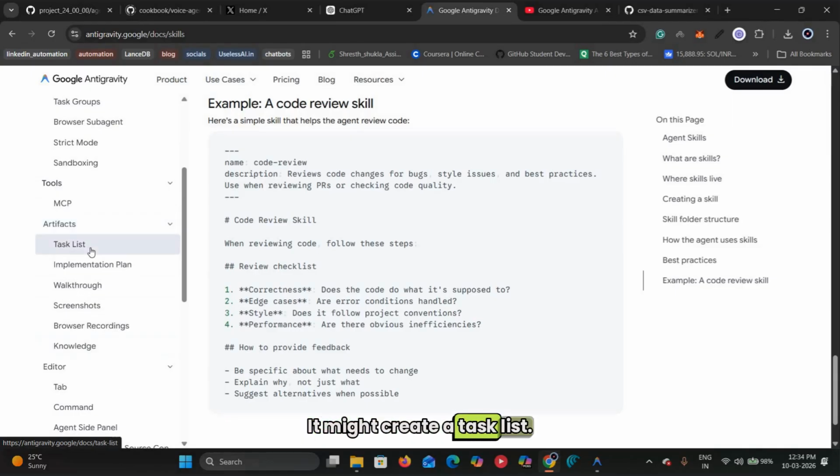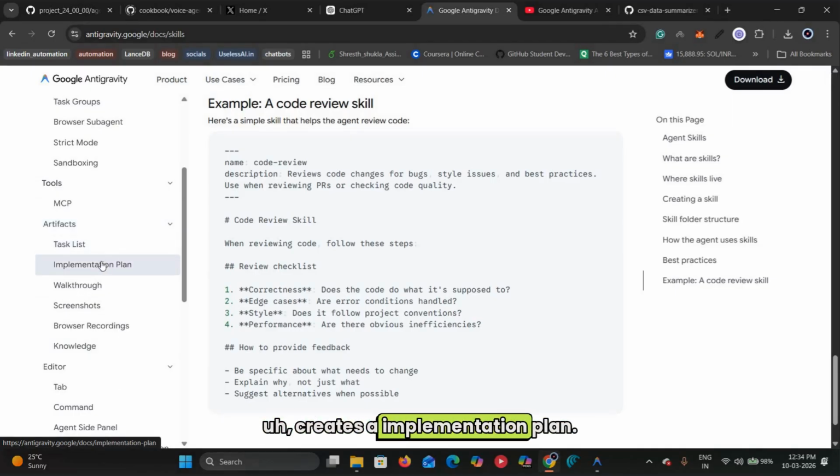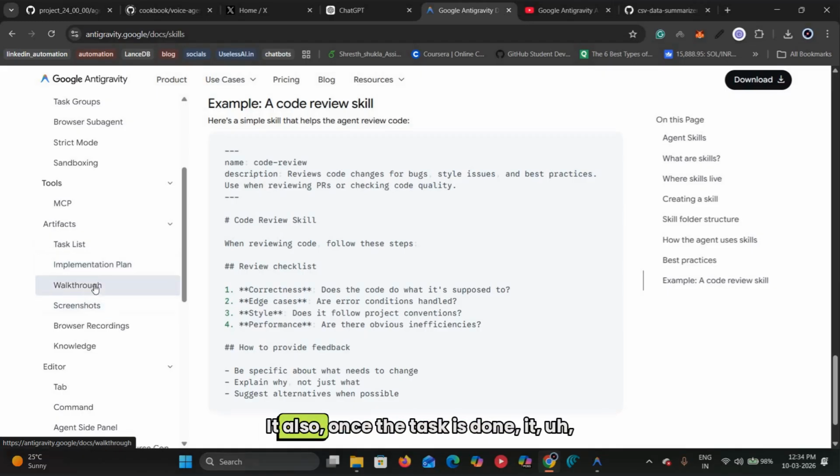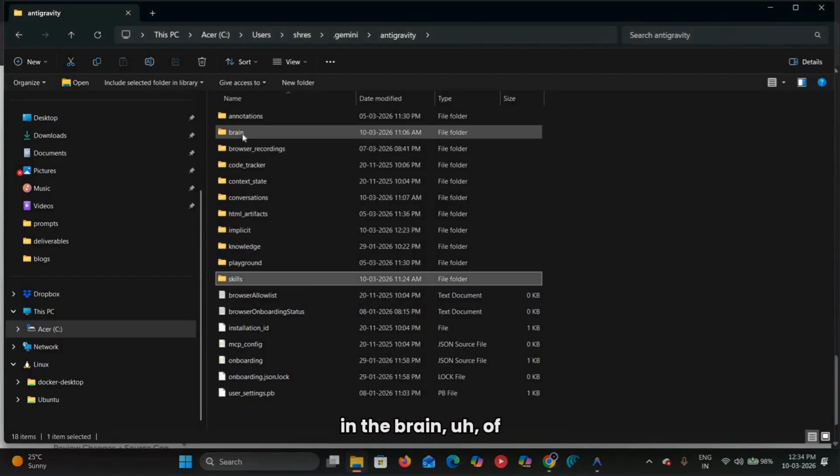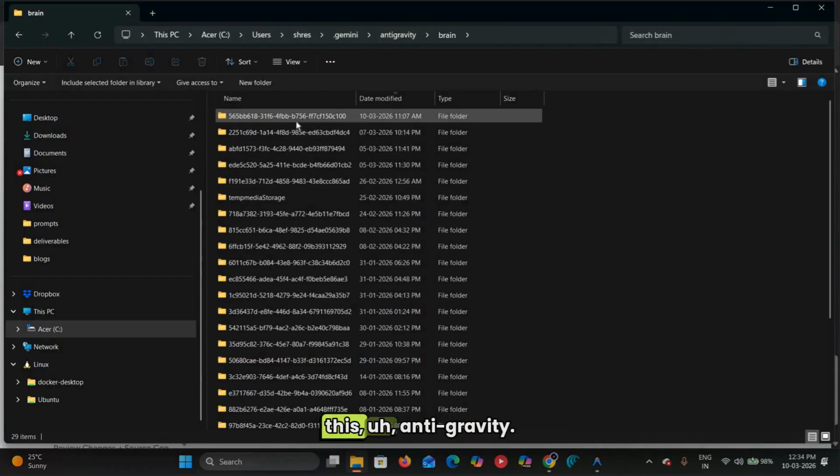It might create a task list. Then if it is a coding task, it creates an implementation plan for how to do that. Once the task is done, it also creates a walkthrough of whatever problem is solved, or maybe some code repo walkthrough or anything. So these are the artifacts it generally creates, and you can find all these things in the brain of this